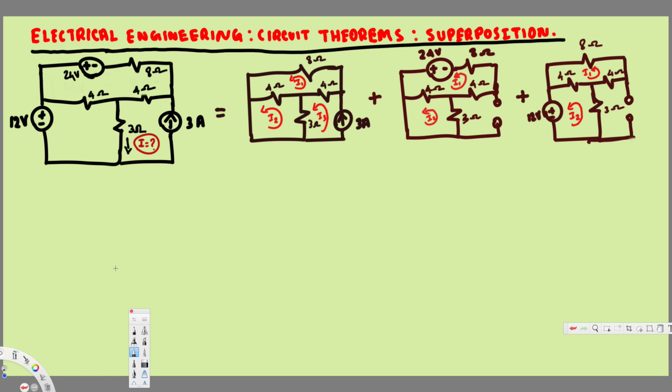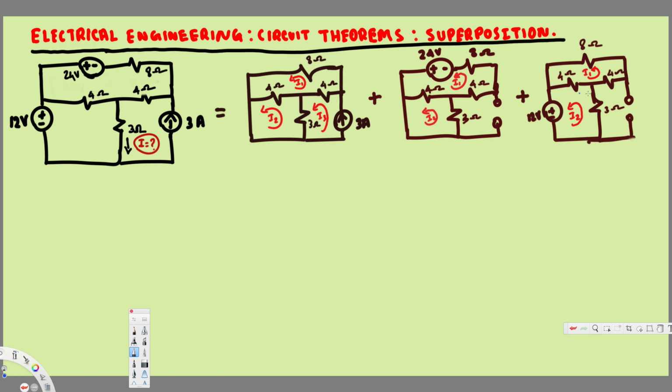In this video we are going to see an example on the superposition theorem. Here what we are trying to find is the current across this 3 ohm resistor. Now to find this, we separate it into three parts, since we have two voltage sources and one current source, so we separate this